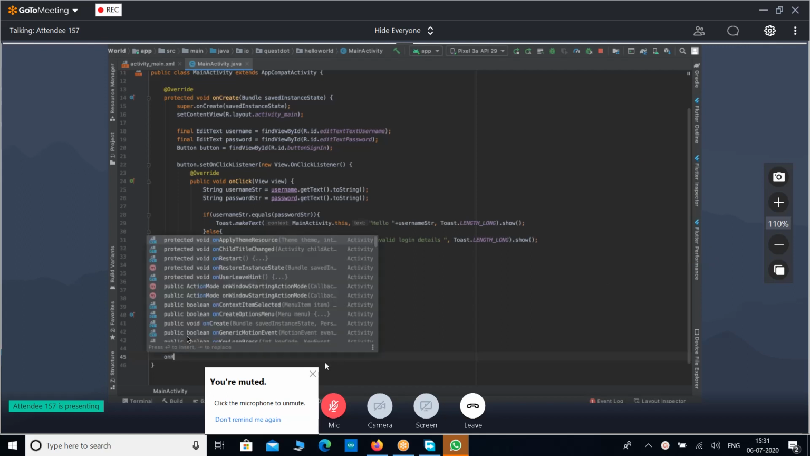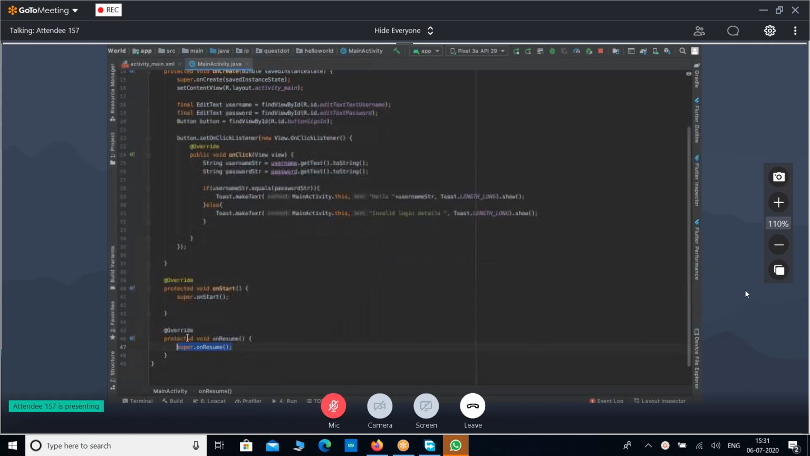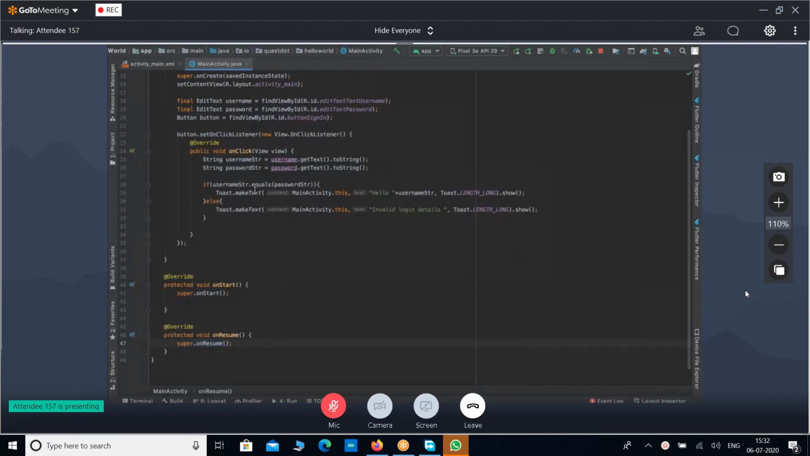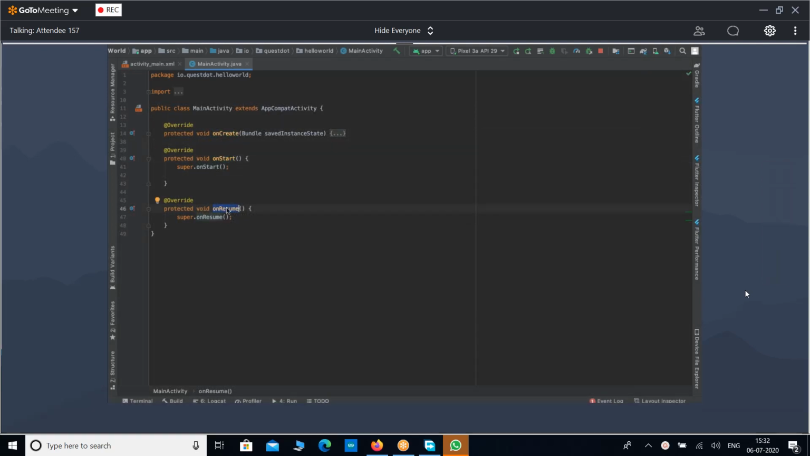Function called on resume. Okay, so on resume will be called. The way is first it will execute on create, then on start, and then on resume. On resume also will be called if you are navigating between different screens of your application, and also